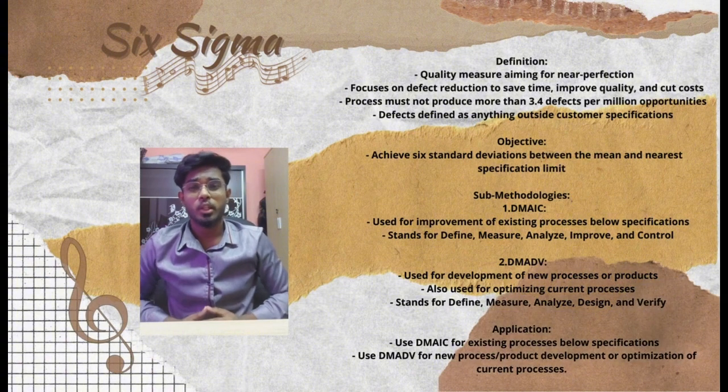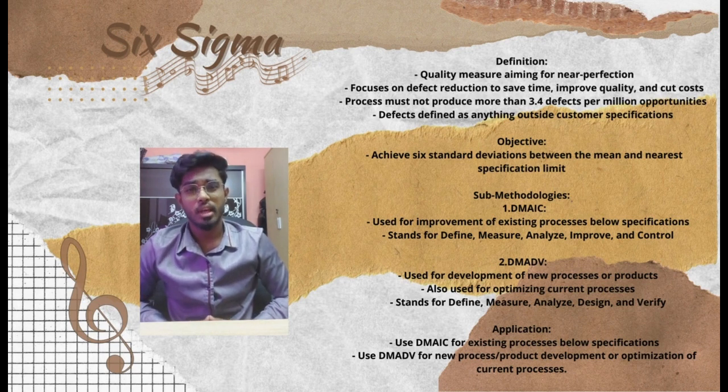The second concept in TQM is Six Sigma. Six Sigma is a quality measure aiming for near perfection, saving time, improving quality, and cutting costs through defect reduction. It is a disciplined, data-driven approach to eliminate defects, achieving 6 standard deviations between the mean and the nearest specification limit. To attain Six Sigma, a process must not produce more than 3.4 defects per million opportunities, with defects defined as